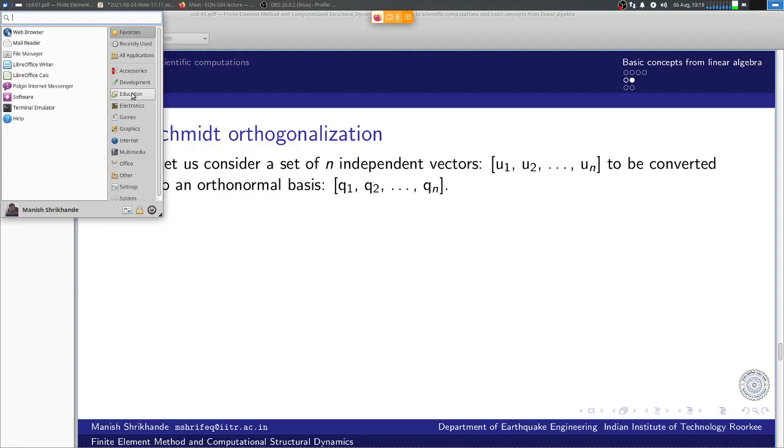Sir, even if they are linearly independent, it doesn't mean that they form a basis. But in this Gram-Schmidt orthogonalization, is it necessary that they must be linearly independent and they must form a basis? Why do you say that if they are linearly independent, then they do not form a basis? Sir, because to form a basis, there are two conditions: they must be linearly independent and they must span the vector space. They will span the vector space. If they are linearly independent, they will span the vector space.